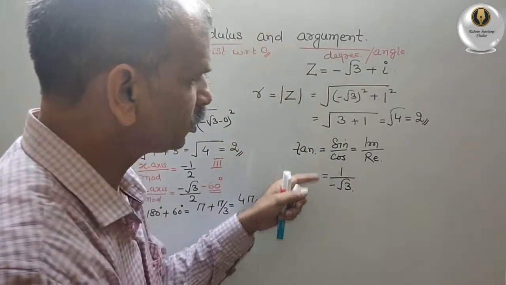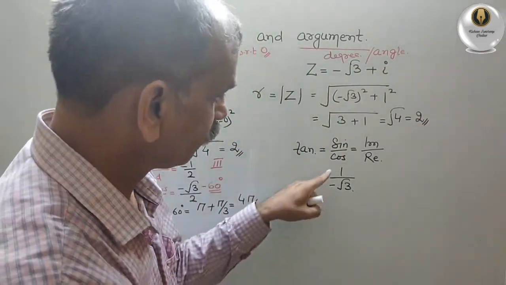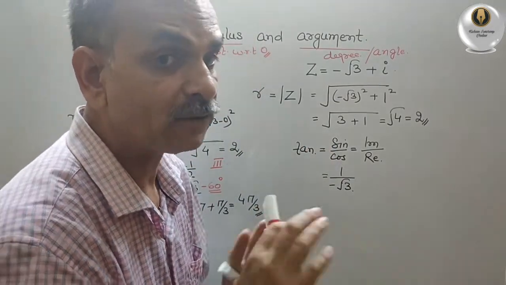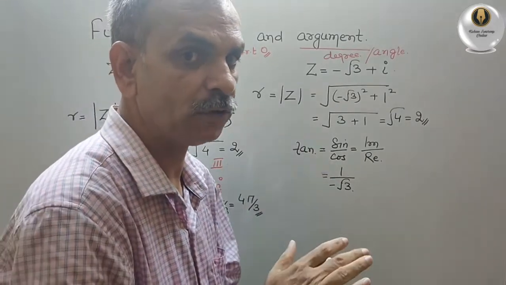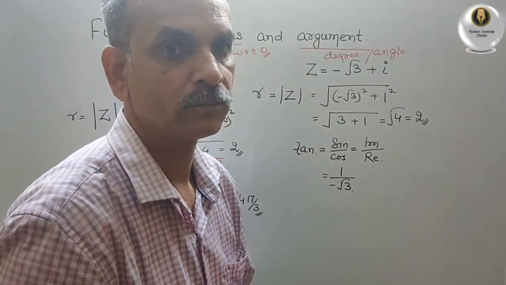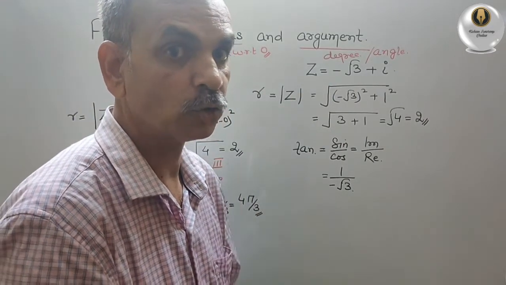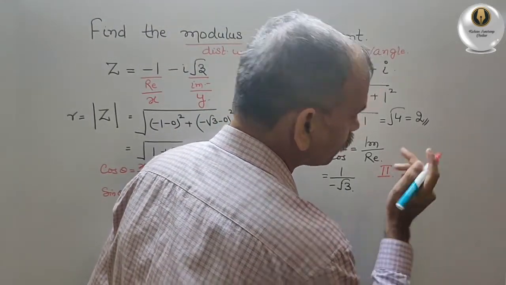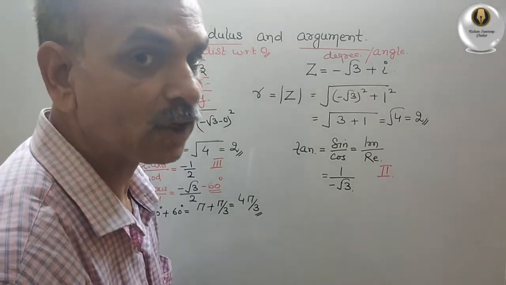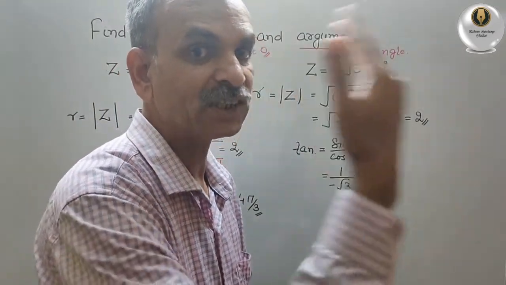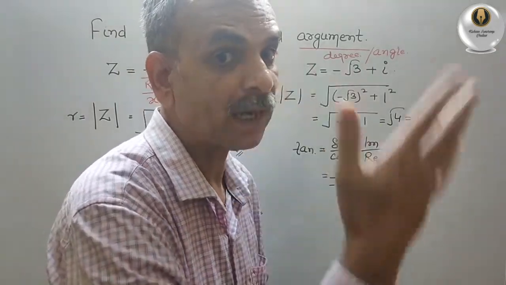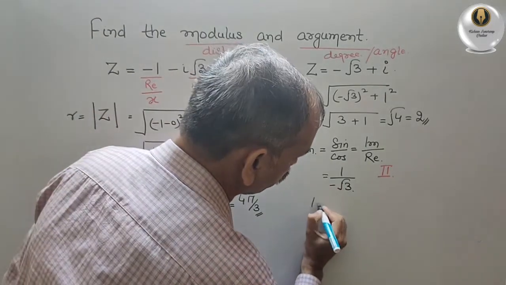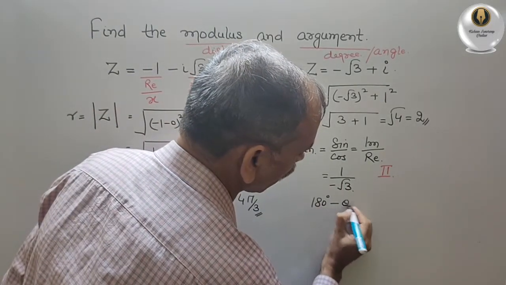Now you have to see that 1 belongs to the sine and minus belongs to the cos. Where will it be? Where the sine is positive and cos is negative. It belongs to your second quadrant. So second quadrant is your place. In the second quadrant, how will we get it? 180 minus theta. 180 minus theta, then only it will be in the second quadrant. So we can say it's 180 degree minus theta.